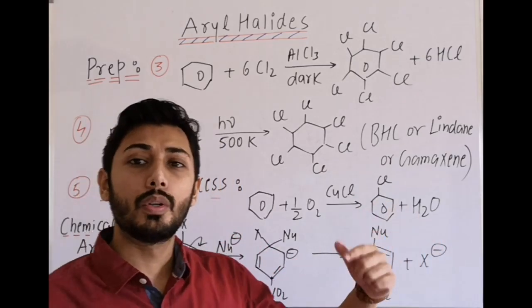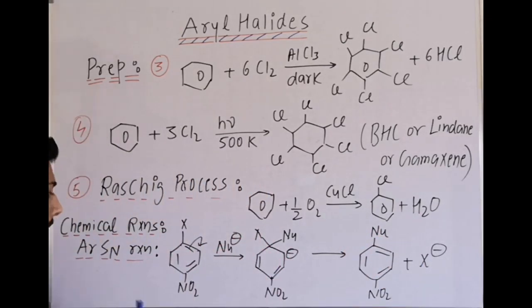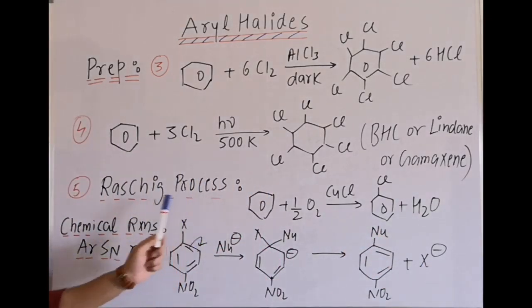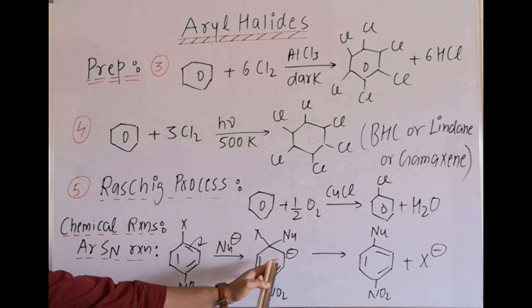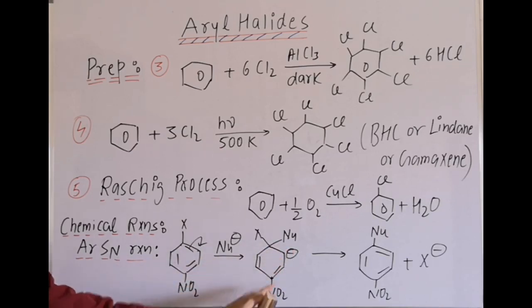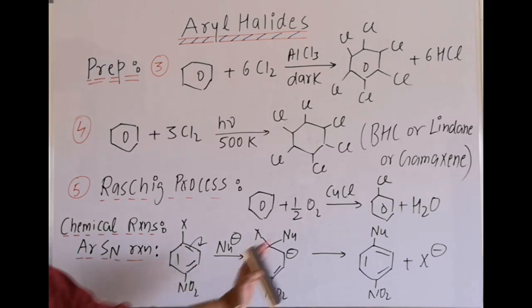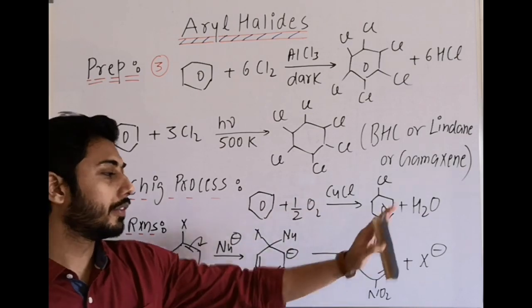Now, how does the Ar-SN reaction take place? Understand it. In this reaction, it is an aryl halide with a nitro group at the para position, which is a strong -M group, strong -I group. Then the nucleophile attacks, electrons shift, there is electron deficiency and quick attack of the nucleophile. This is the intermediate formed, which is a carbanion. After this addition of the nucleophile, the carbanion is formed, and this carbanion is resonance stabilized up to NO2, meaning the intermediate is stabilized through the -M effect of NO2. Then in the next step, the leaving group departs, which is X minus, and we get the product.